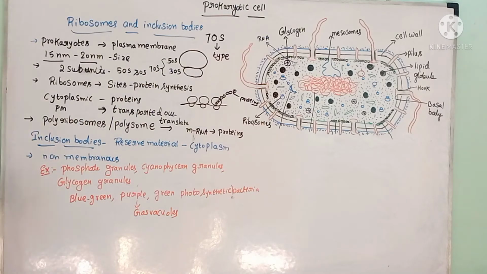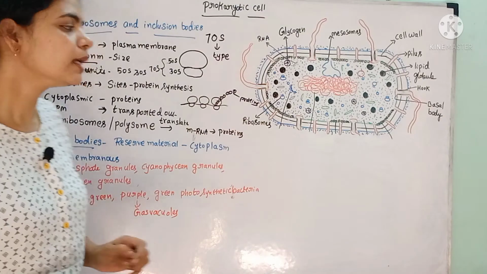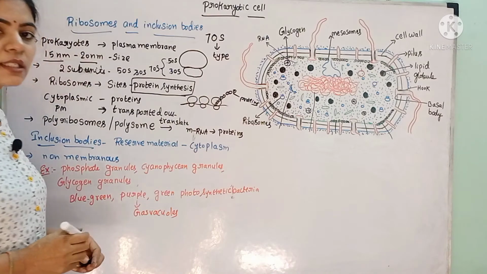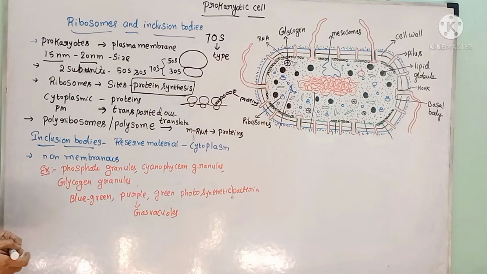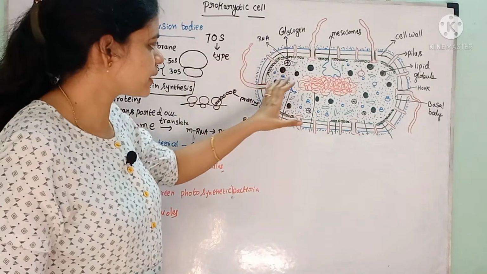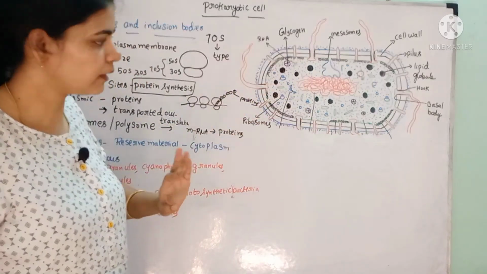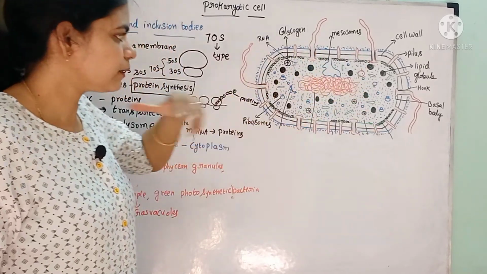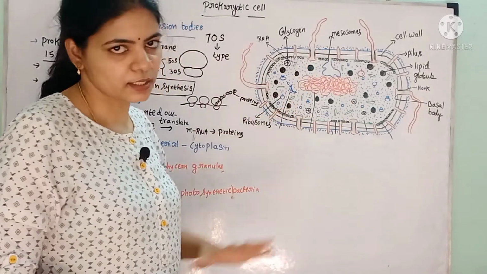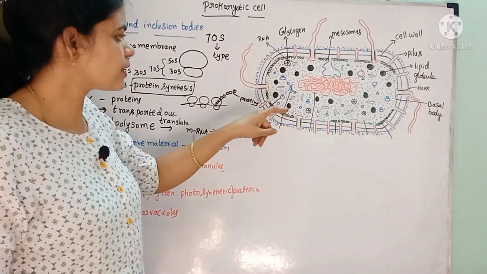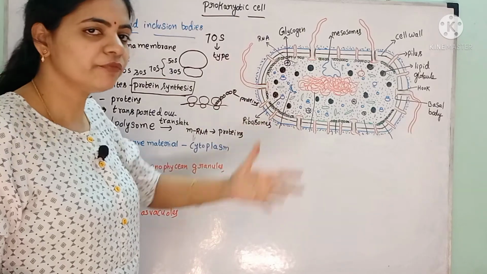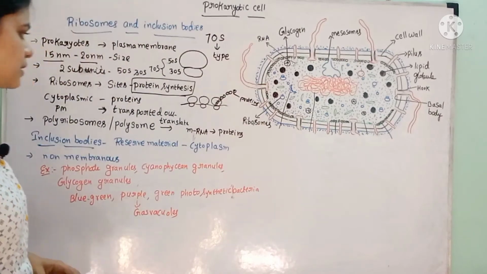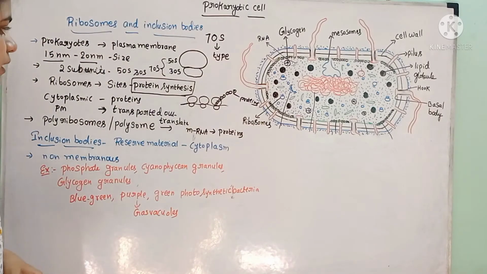And next, what is the function of these ribosomes? They are the sites for protein synthesis. In the ribosomes only, the proteins are synthesized. The ribosomes are present in the cytoplasm and near the plasma membrane. The ribosomes present in the cytoplasm prepare proteins that remain within the cytoplasm only, whereas if the ribosomes near the plasma membrane synthesize proteins, those will be secreted and transported out of the cell.